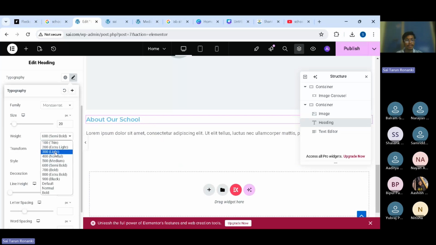And here we can control the weight, which is nothing but the boldness. If you want to keep it thin, we can keep thin. And if you want dark black, we can keep it like that. And if you want semi bold, we can keep it semi bold. Here I am keeping semi bold. And transformation, like if you want to keep it in uppercase, lowercase, capitalized,